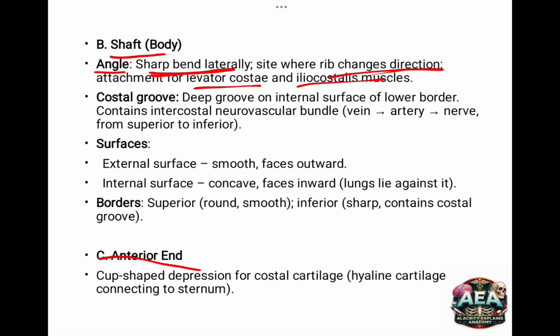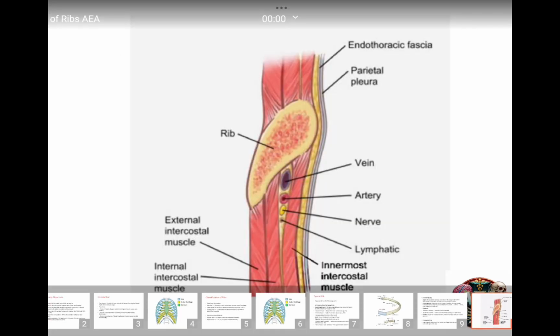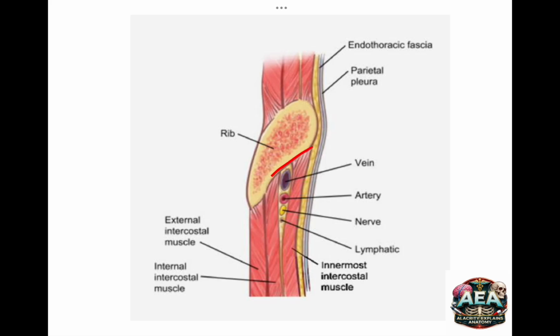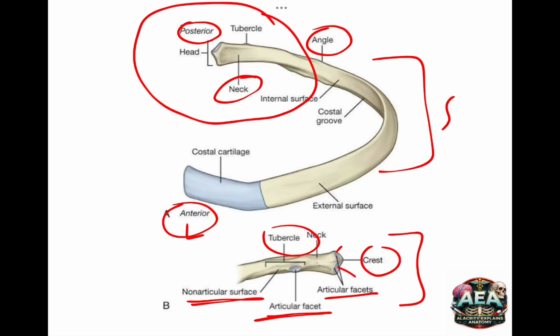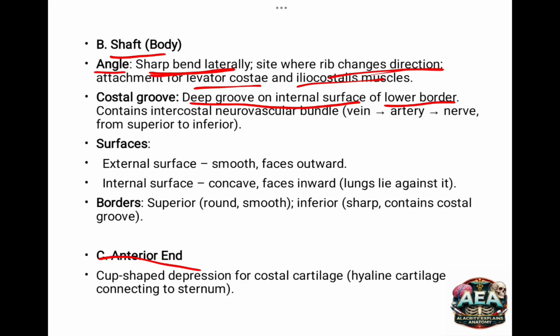We have the costal groove, which is a deep groove on the internal surface. Remember, it's on the internal surface of the lower border of the ribs. This is our costal groove. See it here, on the inside, on the internal aspect of the ribs, which contains intercostal